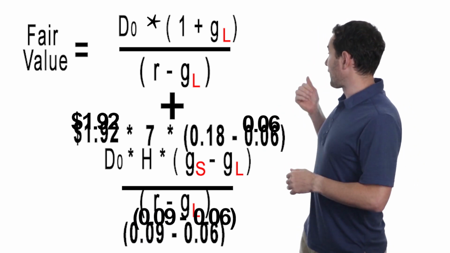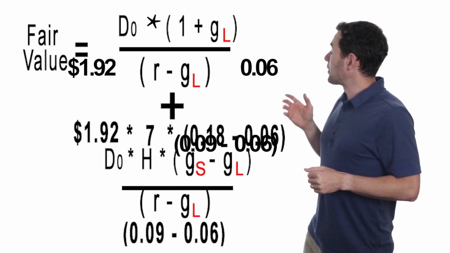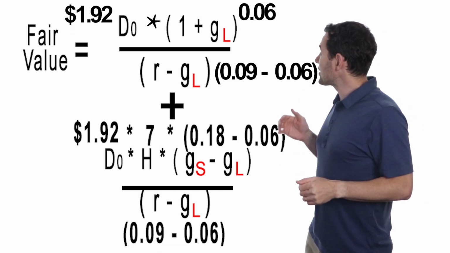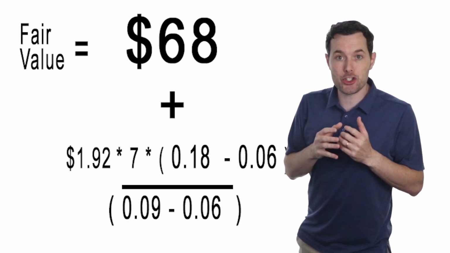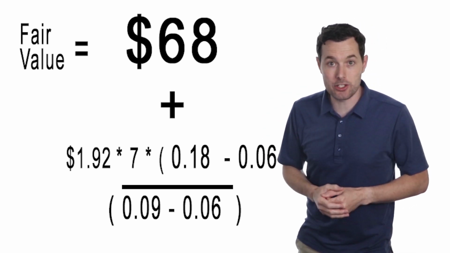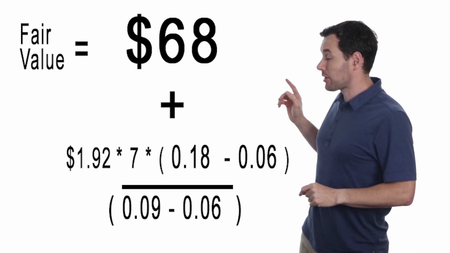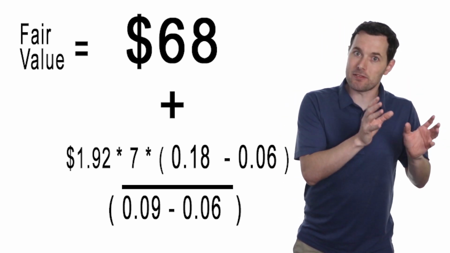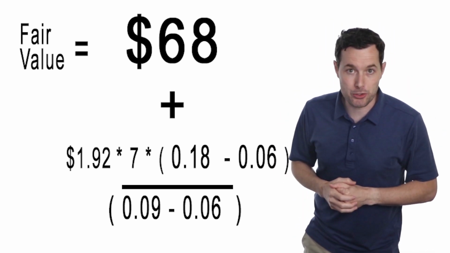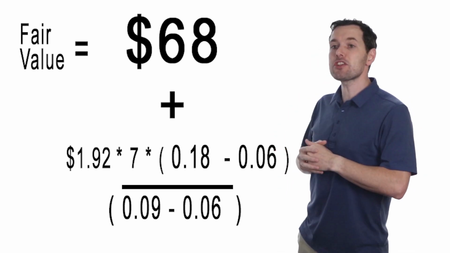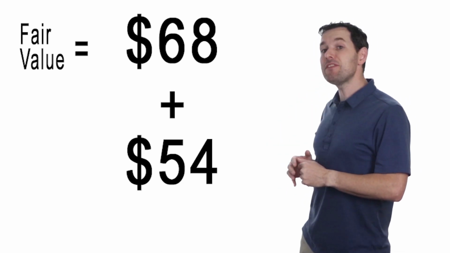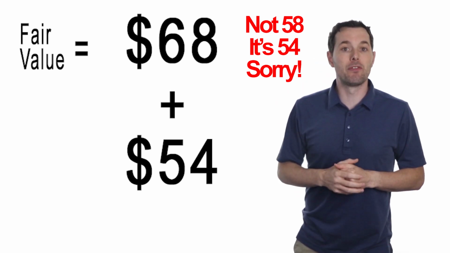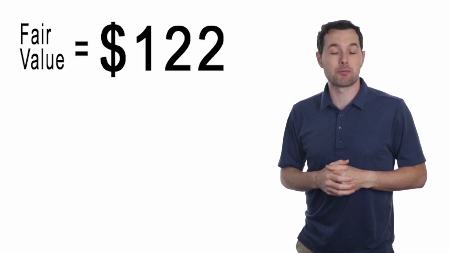So we can get all the numbers for the top section from the bottom section. We drag those numbers up to the top, and then we calculate that. Well, that adds about $68 per share in value to our calculation. Just so we know, that calculation is the exact calculation we used for Johnson & Johnson. So if we had applied that exact formula to this, we would have gotten $68 per share. But then when we add the transition formula, that gives us about $58 per share in fair value, giving us a total fair value of Lowe's stock of about $122 per share.